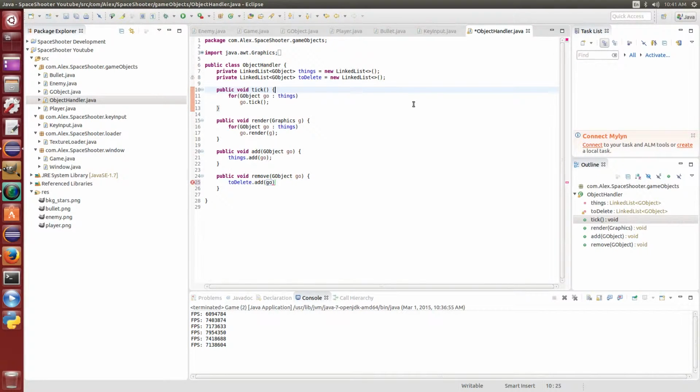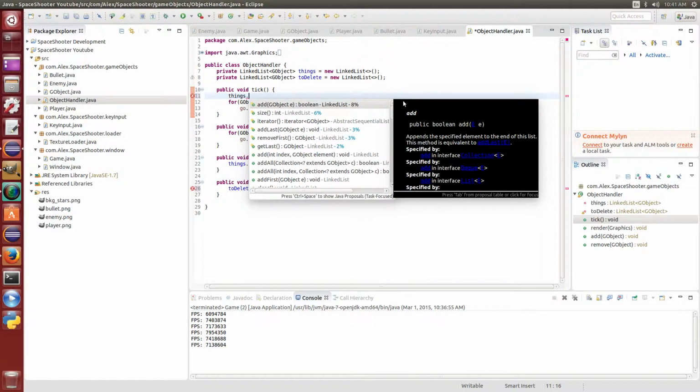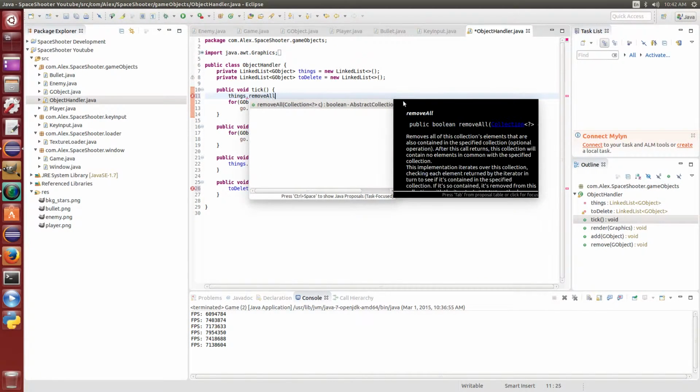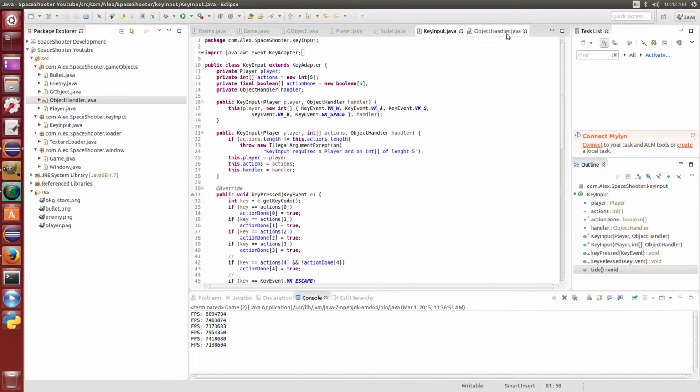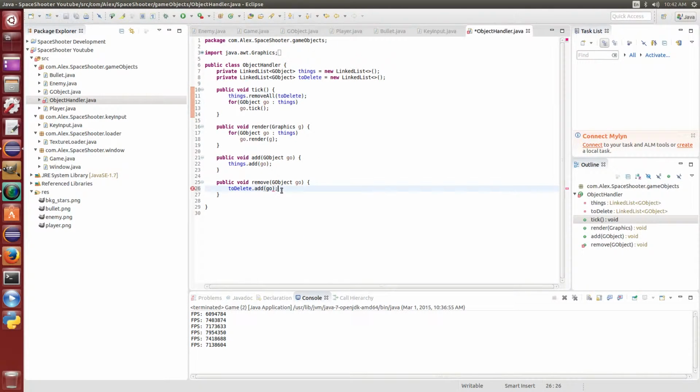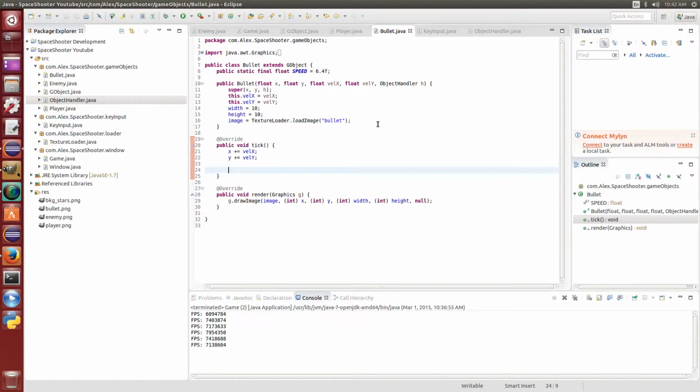And in the tick method, we can simply type in things.removeAll(toDelete). What's wrong? And also make sure don't forget the semicolon. Okay, now we can simply just type in for